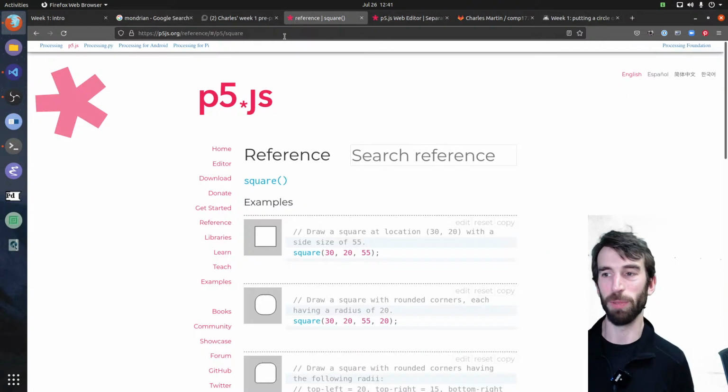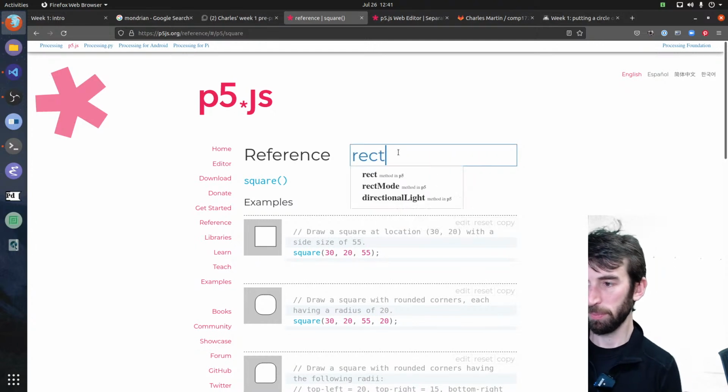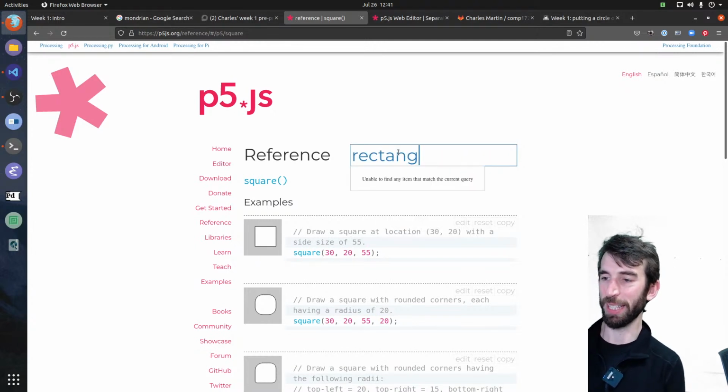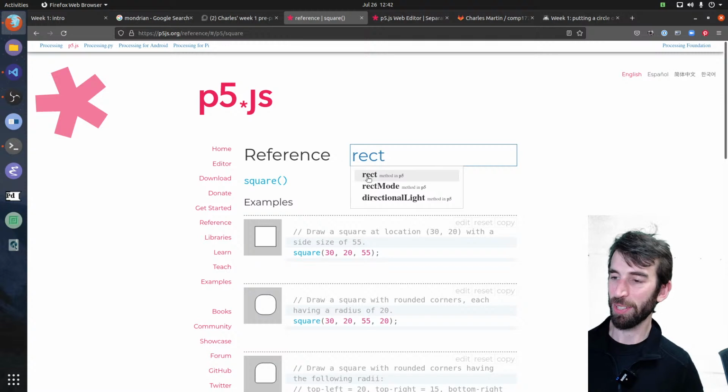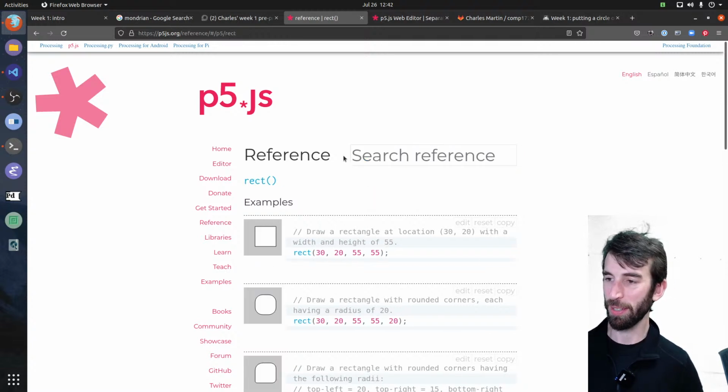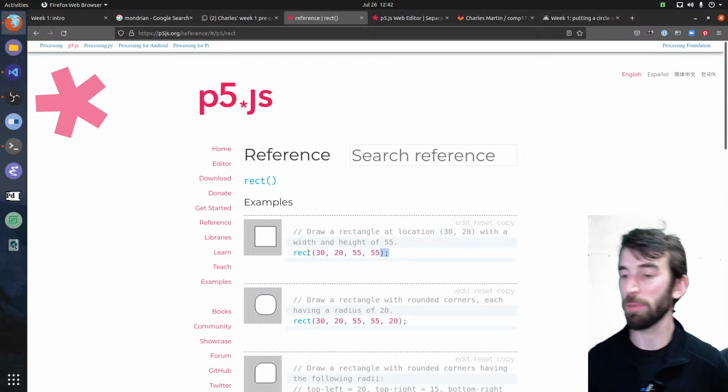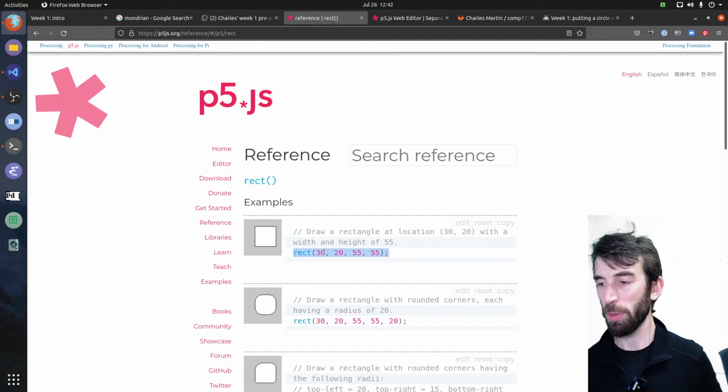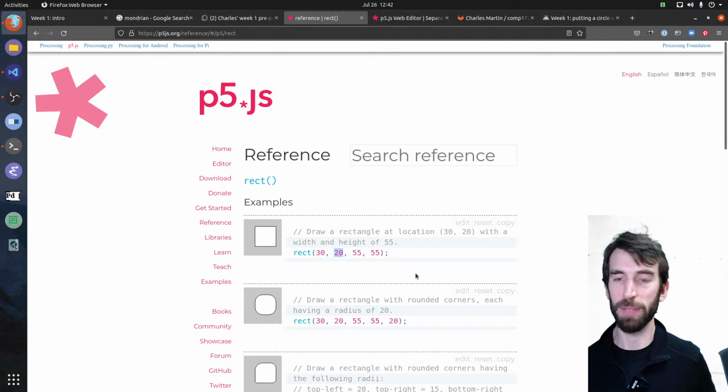So maybe I need to look for rectangle as well. Rectangle doesn't give anything, but just rect does. That suggests this method, this instruction. And it looks very similar to ellipse, as we were playing with before. So we've got 4 different parameters.